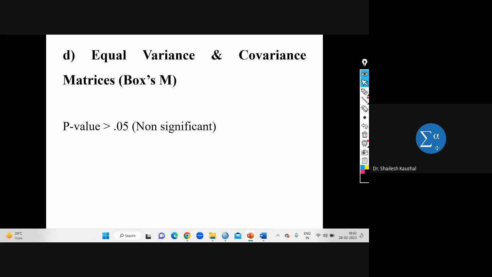So we can check it through the box-sum plot, box-sum score. Through box-sum score we can check whether the equal variance and covariance exist or not. Okay, so these are the assumptions of